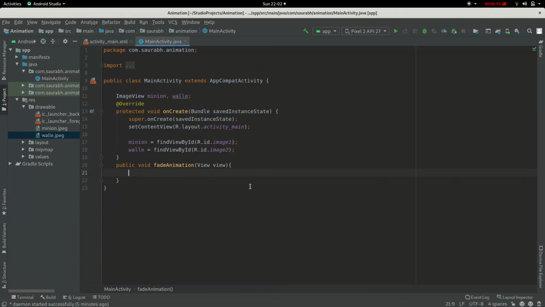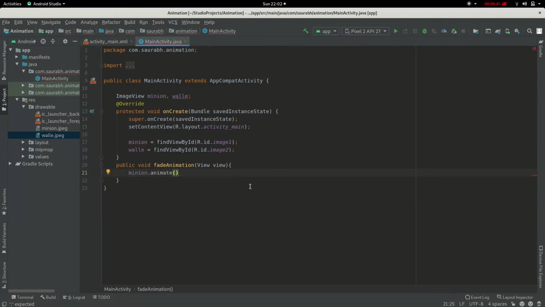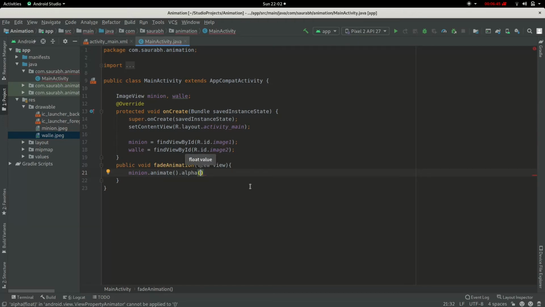So when the first image is clicked, we want this to fade out. So minion.animate().alpha(0f). We want the first image to fade out, and it's good practice to use 0f because this is a float value, so that no error is encountered.